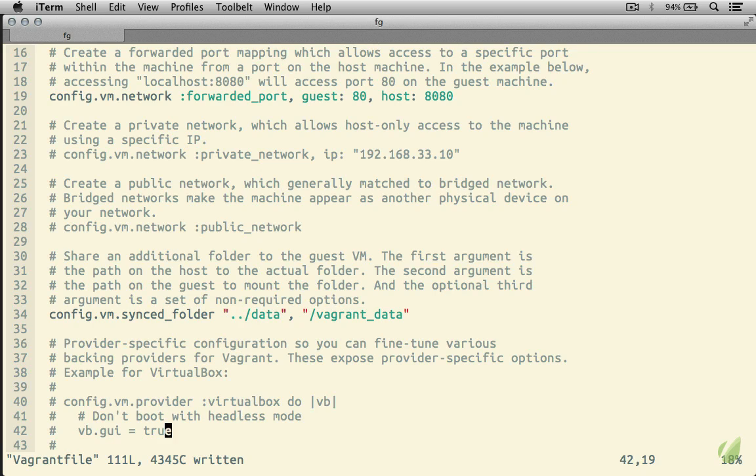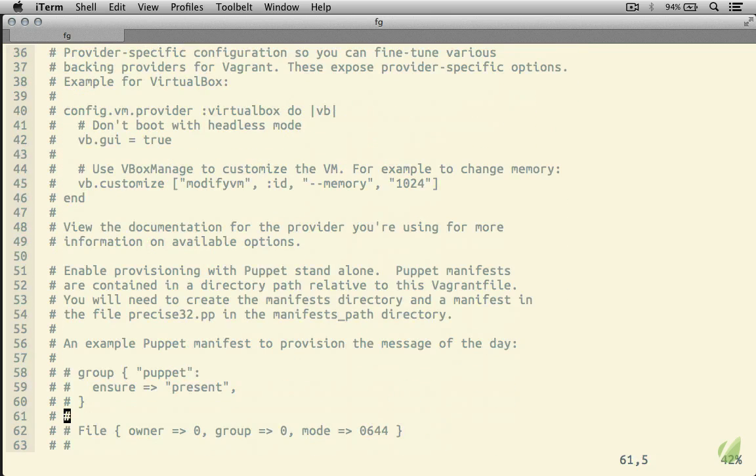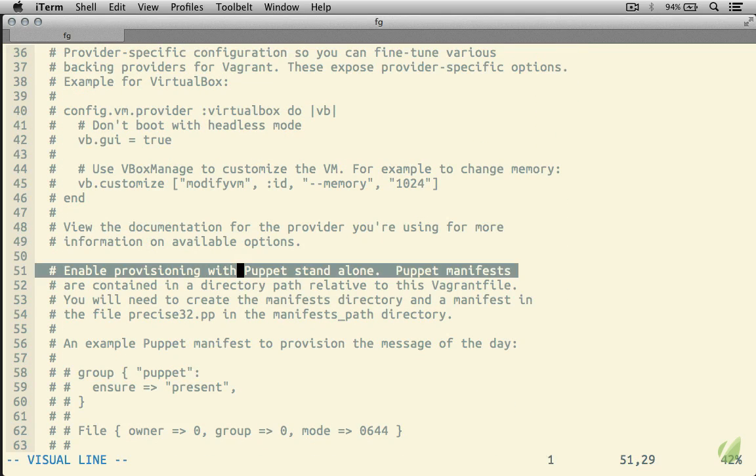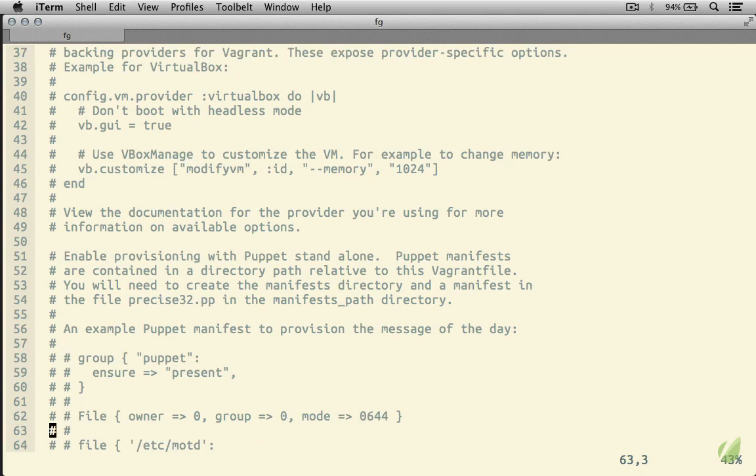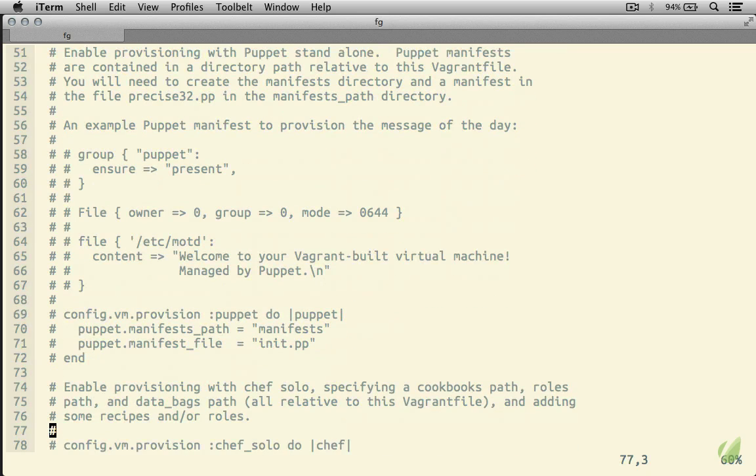Let's see if there's anything else down here that we might be interested in. Now down here, we're going to come back to this. We have a section on provisioning. We can do a couple of different types of provisioning, and in fact, we're going to start talking about provisioning with first shell scripts and then with Puppet itself in the next couple of screencasts. So I'm going to leave this portion here for later, but as you can see, it's just as simple as a